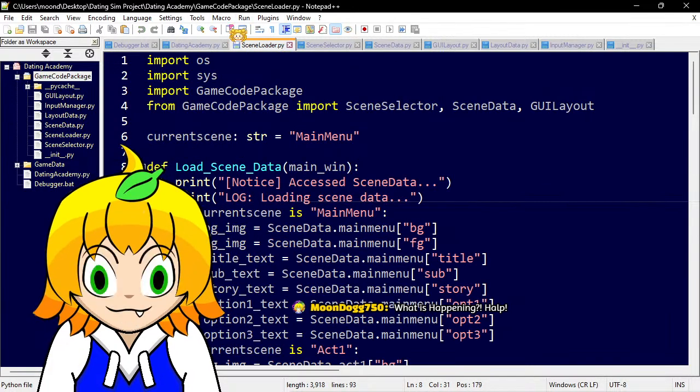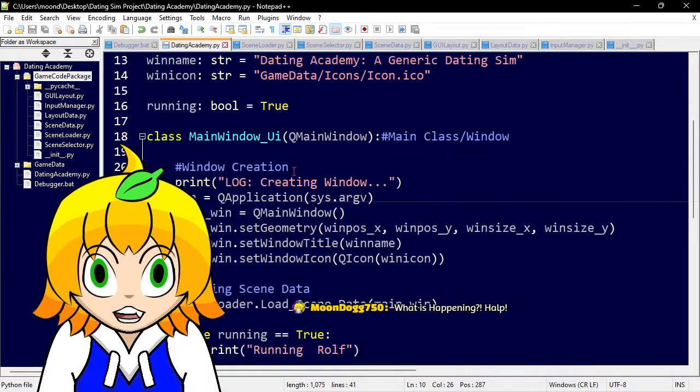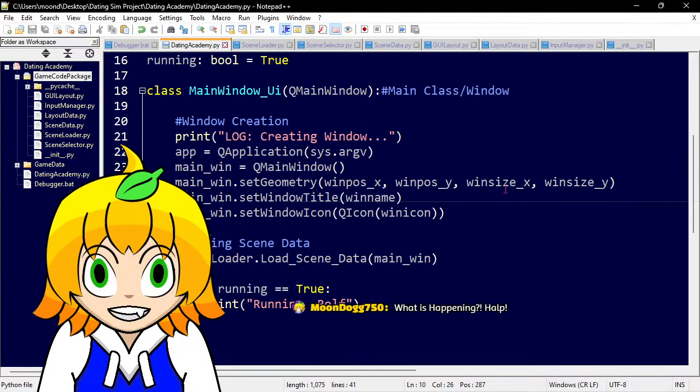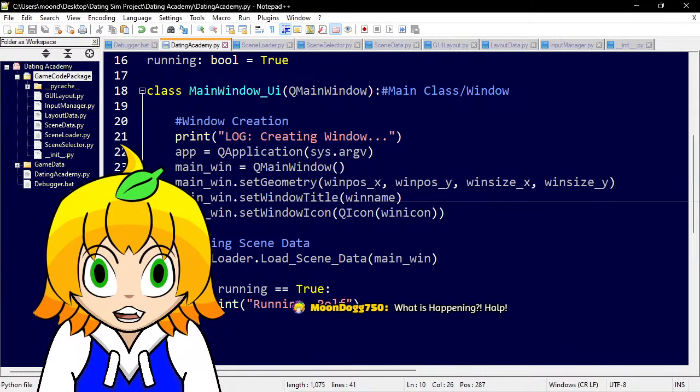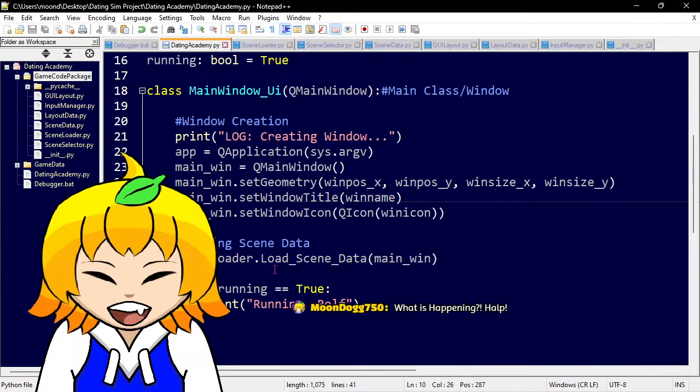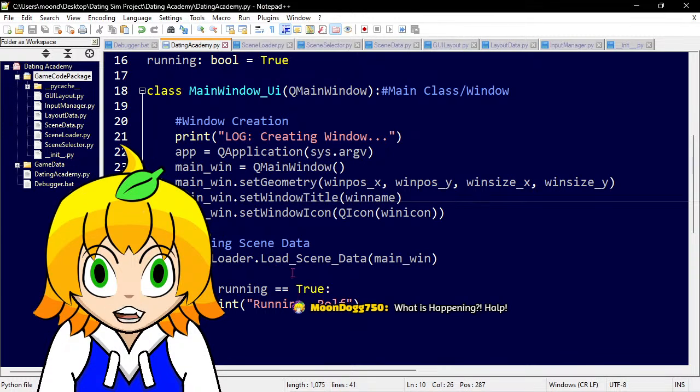Now, if we look at this again, we created the window, we had the icon and the title, and that's it. But after that, we run the scene loader, which is scene loader load scene data, back into main window, which is where we are.